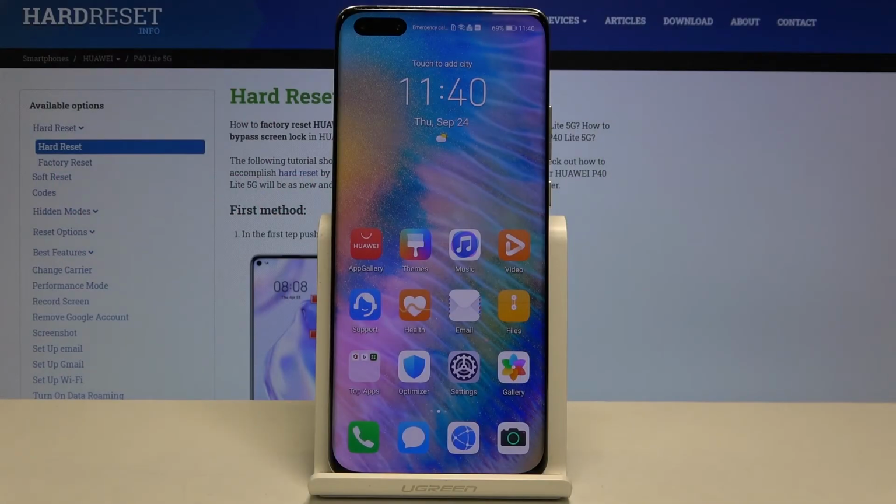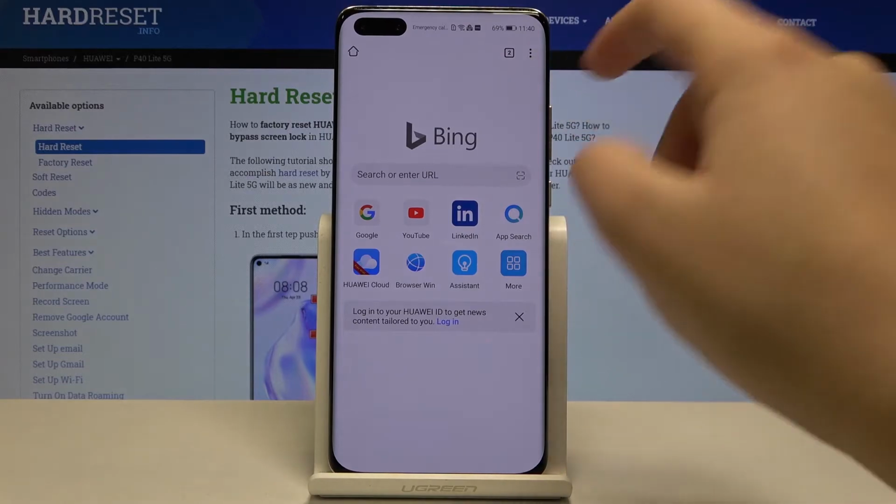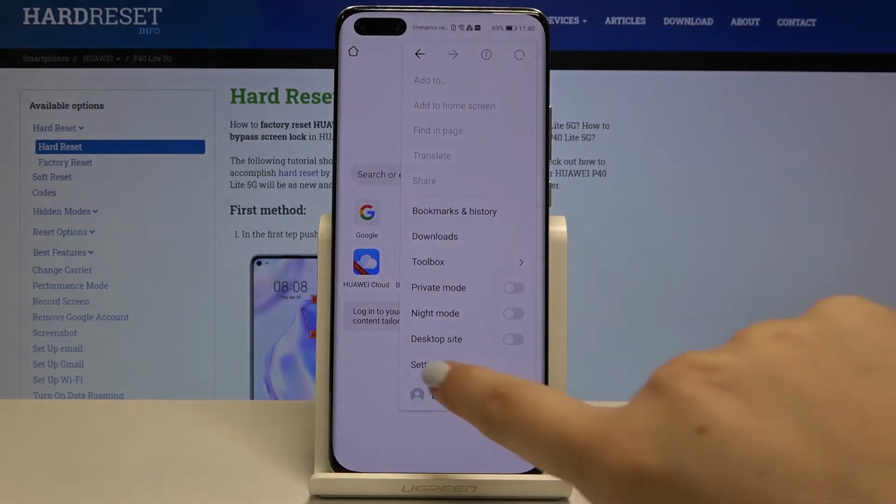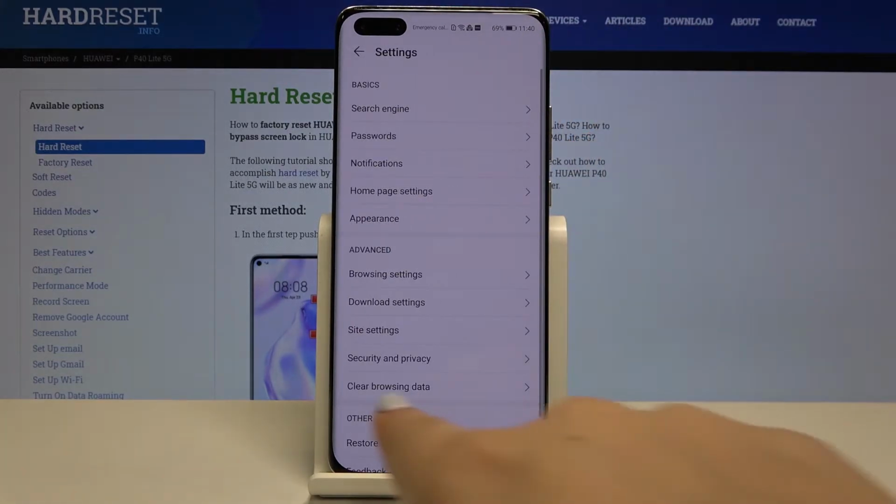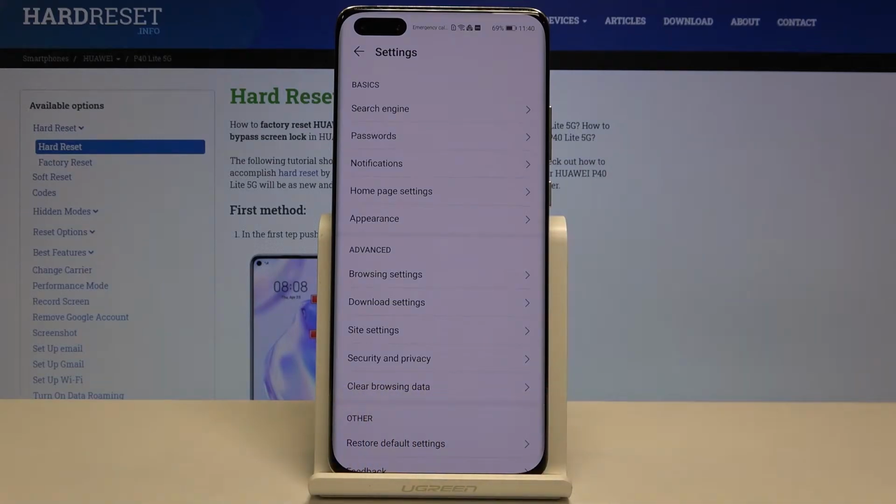Hi everyone, here we've got Huawei P40 Lite 5G, and let me show you how to clear browsing data on this device. So first of all, let's open your browser and let's tap on this three dots icon. Here let's tap on the settings, and as you can see in advanced we've got clear browsing data option, so